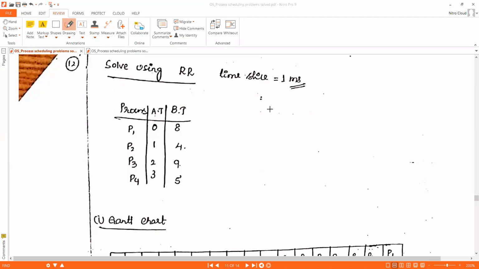Okay, that other process will execute for 1 millisecond. Again, the CPU will be shifted to another process. That's what the time slice specifies here. The time slice is also called the quantum, or time quantum. And in the question they have given the processes P1, P2, P3, P4. Their arrival times are 0, 1, 2, 3, and burst times are 8, 4, 9, 5.